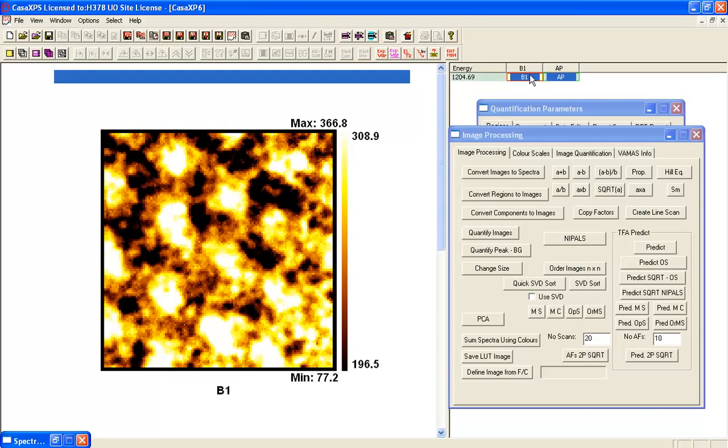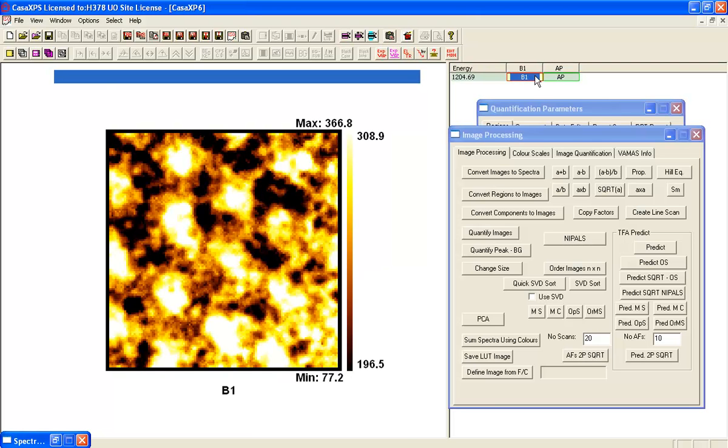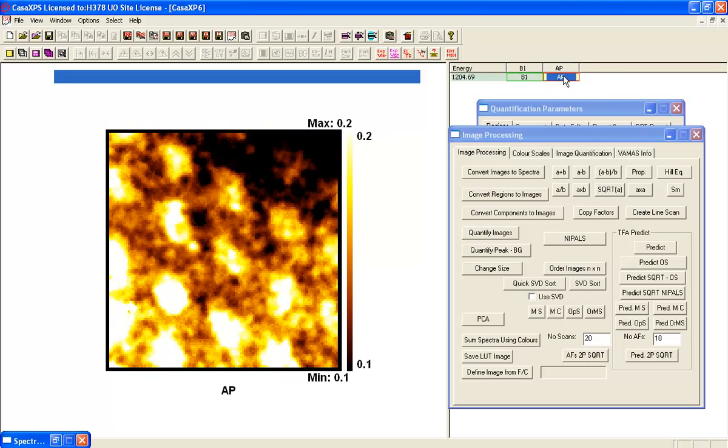So now we have two images, one of the B1 parameter and one where is the area of the carbon peak. So we can see that most likely we've got more carbon in certain places on this sample, and what we're going to do now is work out a film thickness based on these. As part of the calculation of the film thickness, we need an estimate for the bulk intensity for a ppx film over silicon, and although in this case we don't actually have the data in that precise form, what we can do is we can estimate